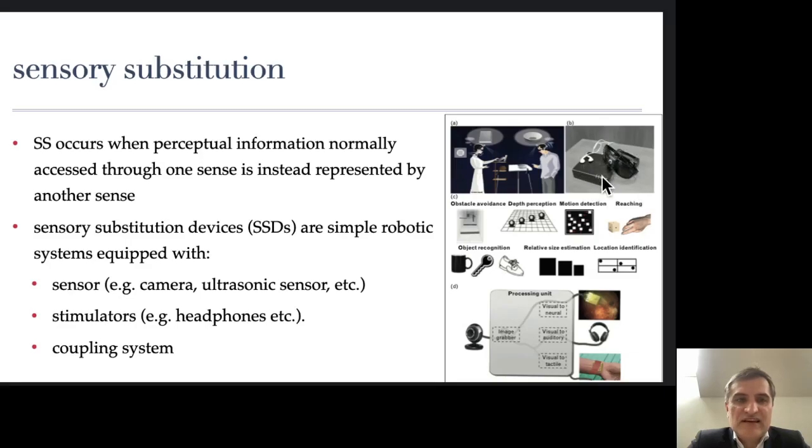Then you've got a coupling system, which is usually either a developed device itself, or basically software on a computer or a mobile phone. And then we've got the effector, or the output of the system. In this case, it's the headphone. And of course, the reason why we develop this kind of device is basically to develop